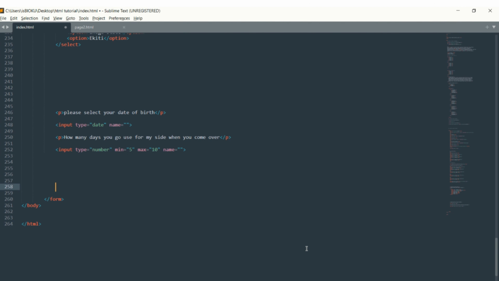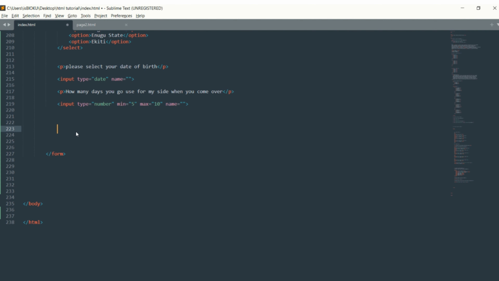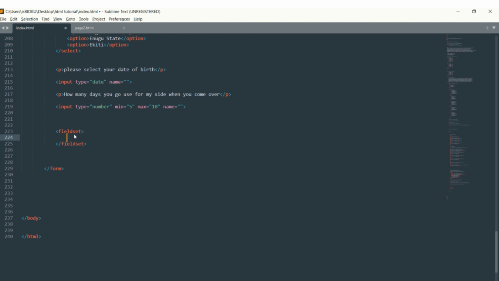So wetin I go do now be say I go first do Fieldset, because that one na the rectangle wey dey group other codes together. Just like every other tag, I go just type Fieldset. Now inside this Fieldset, I go just paste all the code wey I wan make e dey inside one rectangular